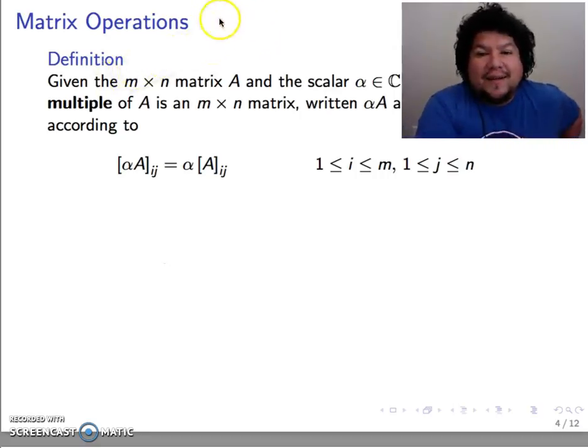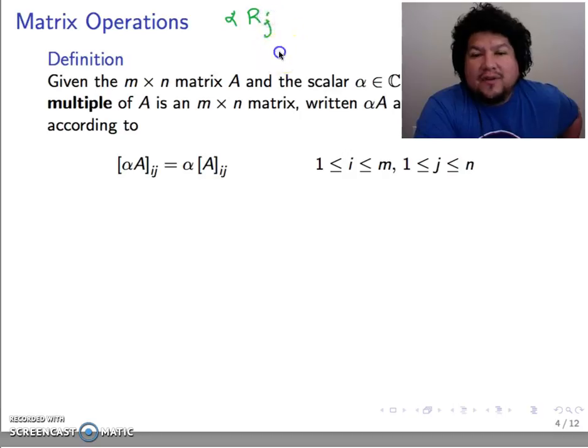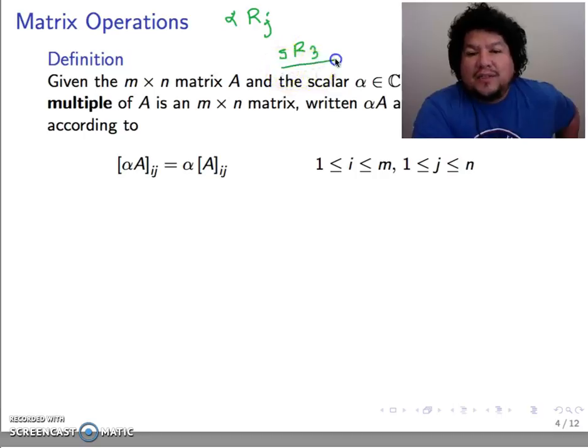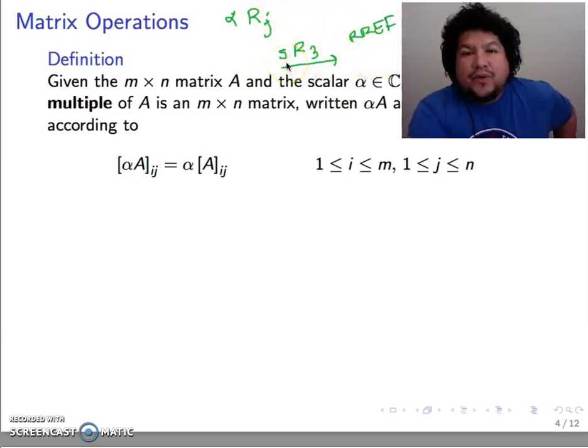Remember when we were talking about things noted like this, alpha R sub j, right? So it could be 5 R sub 3 or something like that. And we would write this on top of an arrow. This is in the process of computing the RREF of a matrix, the reduced row echelon form. So for that scenario, we were already doing operations on matrices, and specifically on rows of